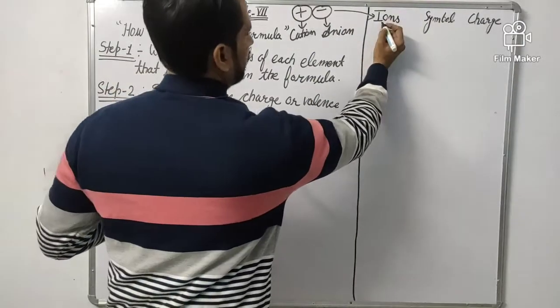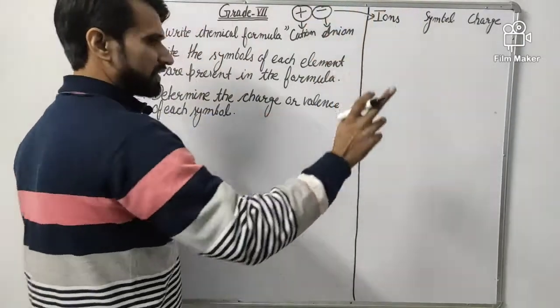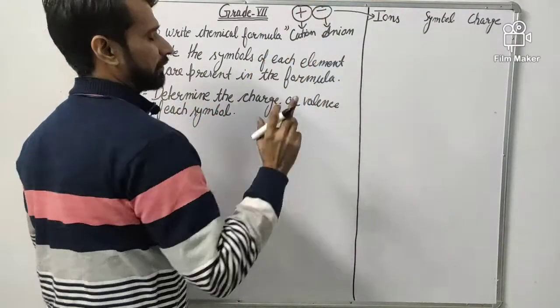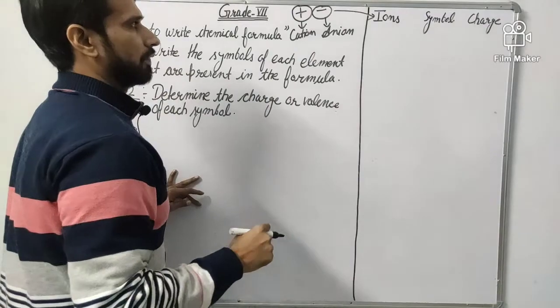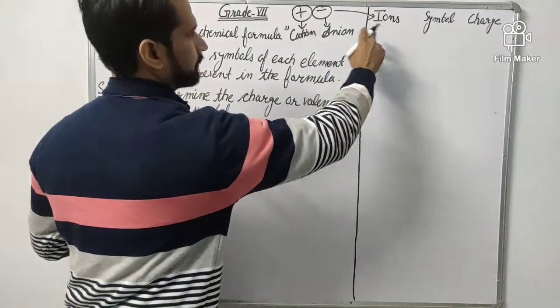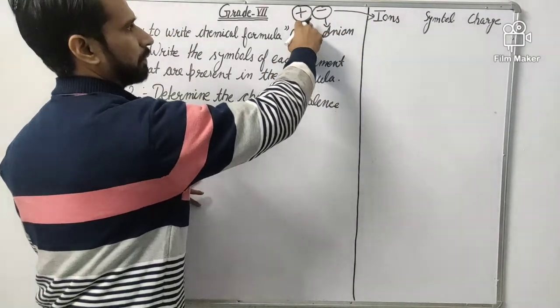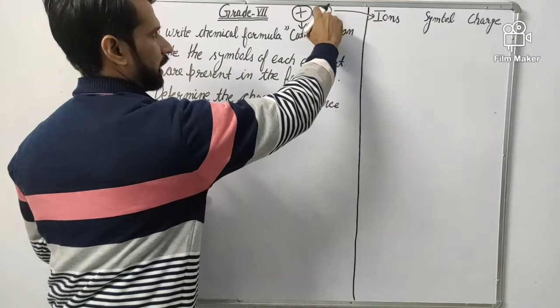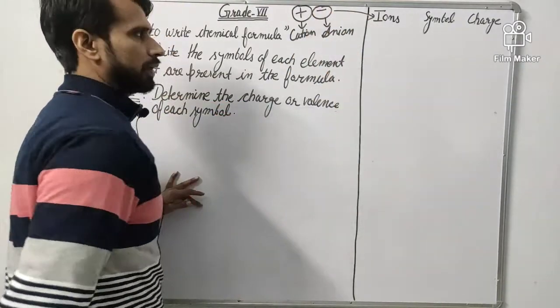First of all, what are ions? Any species, atom, element which has any charge, positive or negative, that is called an ion, and the ion which has positive charge is called cation, and the ion which has negative charge is called anion. Okay,